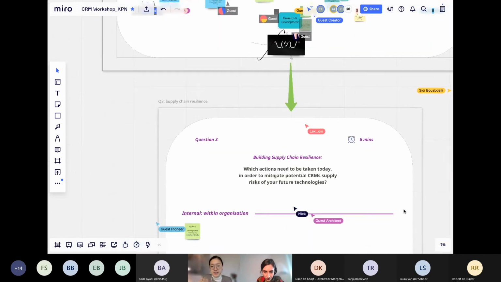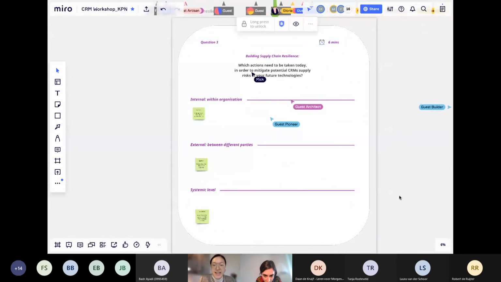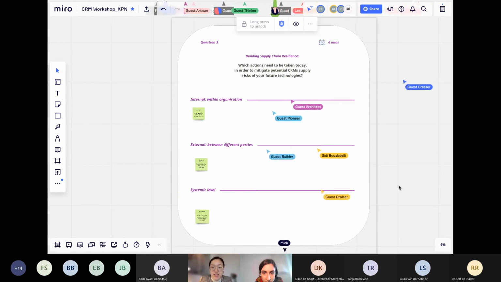Okay, let's move on to the next question. Yes, I already see some people working on the last slide. It's about our mitigation strategies. Then what do you think for building a supply chain resilience of critical raw materials? What do you think are the actions that are necessary to be taken today to mitigate the supply chain risk